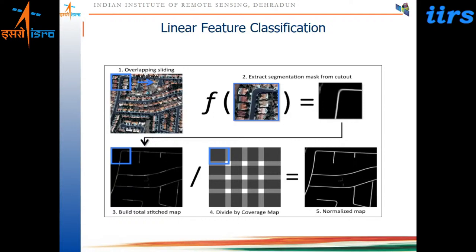So in that case, any kind of ML task, which is represented here as a kind of function transformation of this piece of image, is going to give you the linear feature present in that piece of image. Like we may have a road segment in this case, and that gets highlighted. So whenever the accuracy assessment happens, these labeled pixels are used for computing the